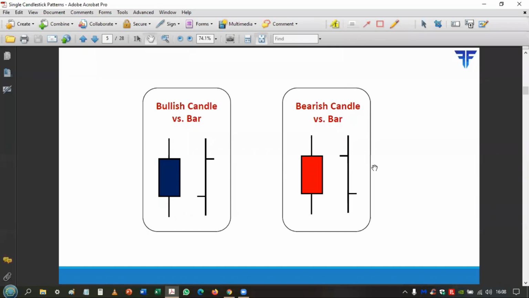As you can see from this slide, a candle chart is much more visually appealing than a bar chart. Because of its visual appearance, a candlestick is open to various different patterns that can be analyzed across time frames. Again, I'll reiterate, candle and bar provide the same piece of information. It's just the way each chart is structured.